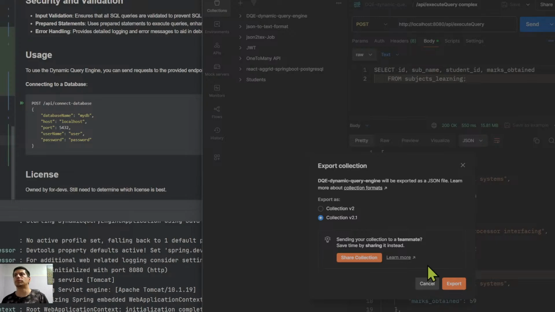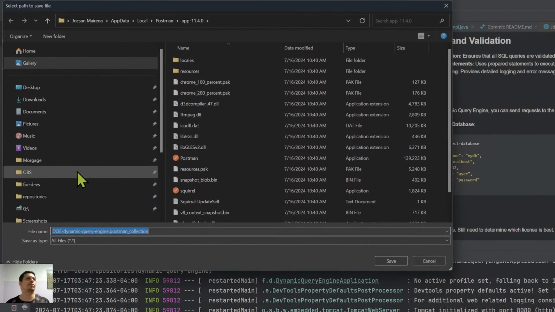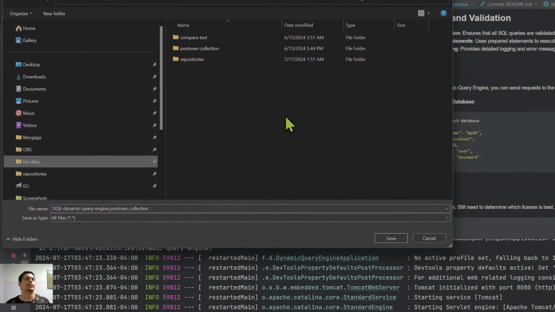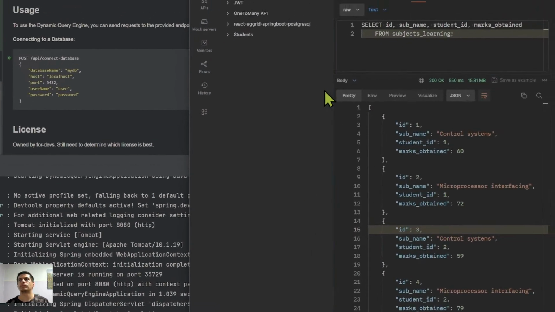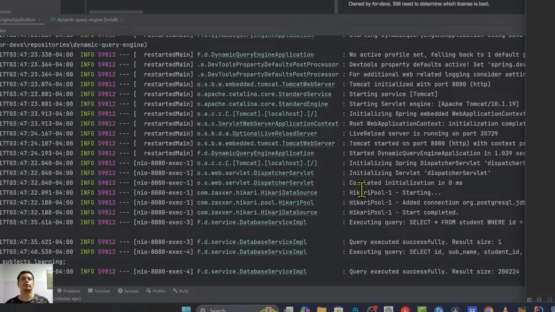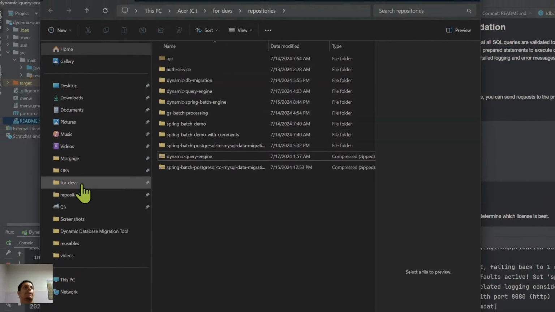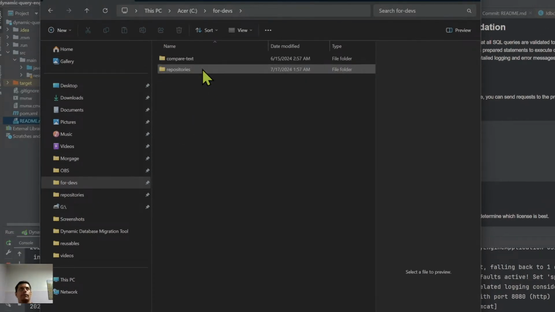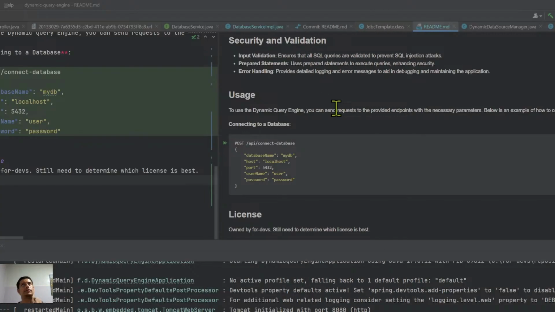We're gonna do that. Export it to the latest version. We're gonna have a particular folder for storing these things. Postman collections. We already had this, but we're gonna replace it. We're not gonna use that. Okay, so now that we have it,